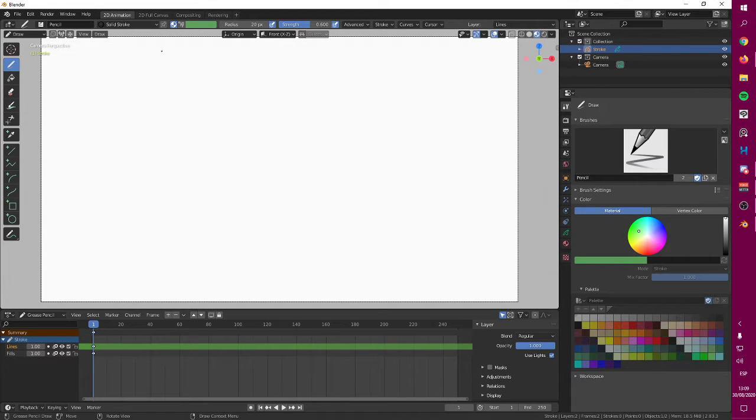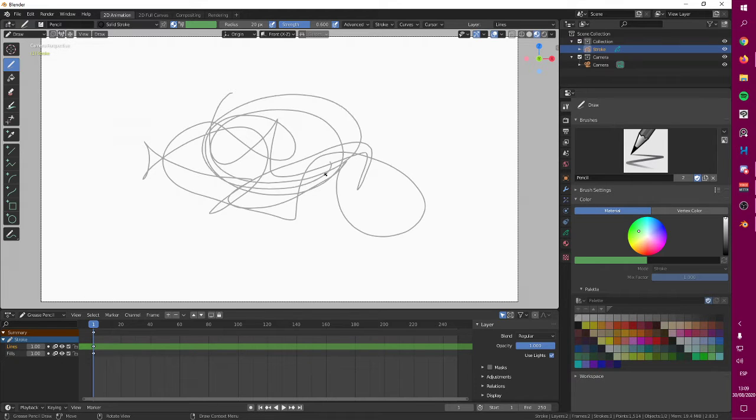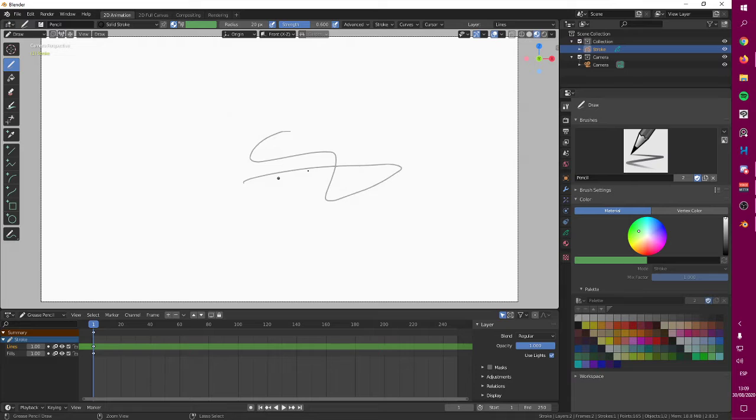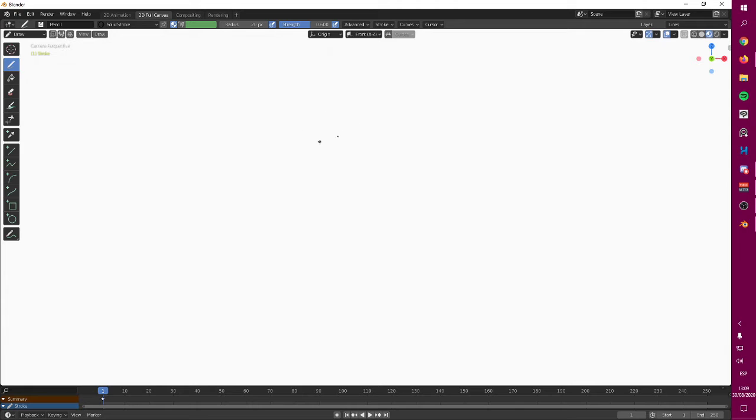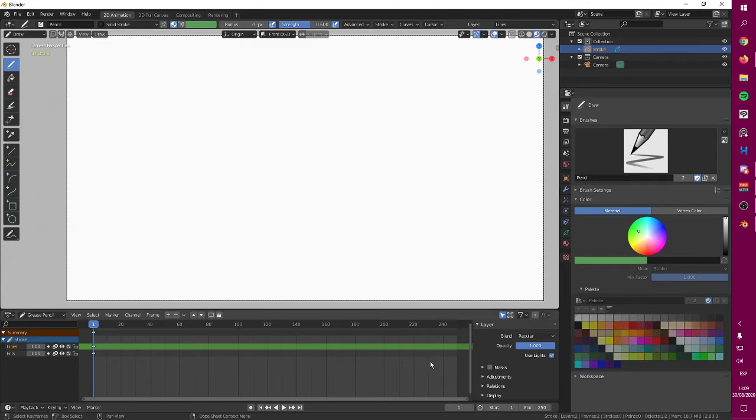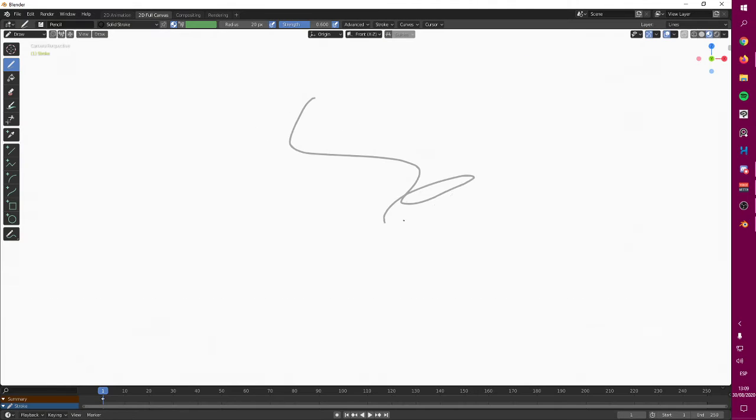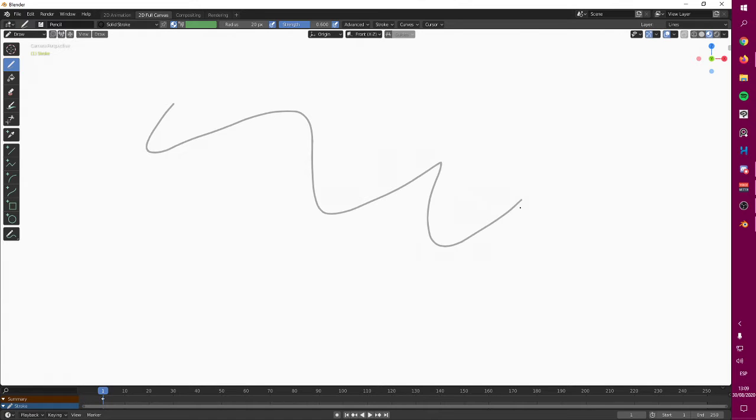Right now I am on the 2D animation tab, where if I start drawing in this canvas, you are going to see me drawing just like that. You can go into this 2D full canvas tab. This is going to take everything in here away for you to draw in this big canvas. This is highly recommendable for doing the drawings and not only focusing on that.